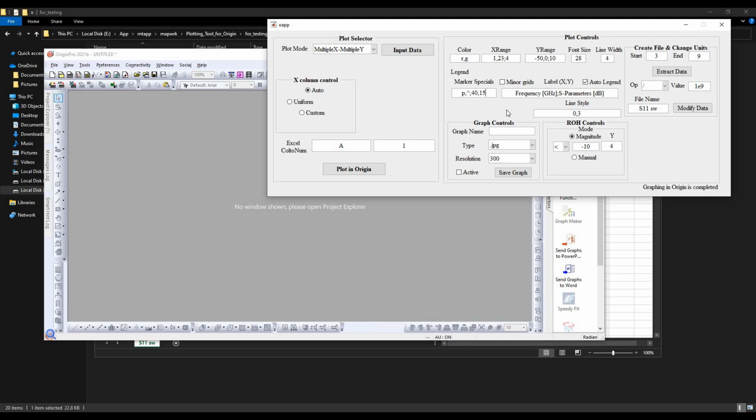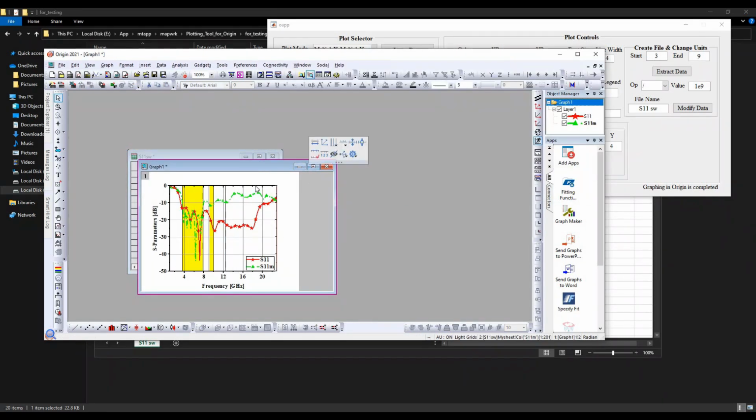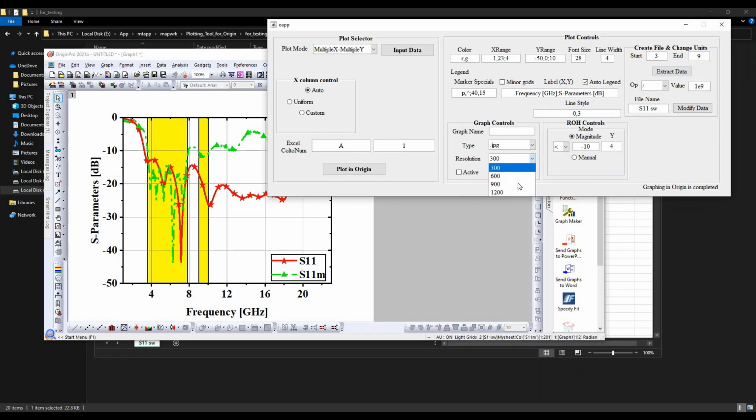40 and 15. Since the simulated data has more sample points, I choose the strip size as 40, and the measured data has been given the 15 sample size. And yeah, I click the plot in Origin tab and delete the minus strip. As you can see, the number of stars appearing in the curve is now visually appealing. And I will try to save this graph to disk with the highest resolution possible in JPEG format.